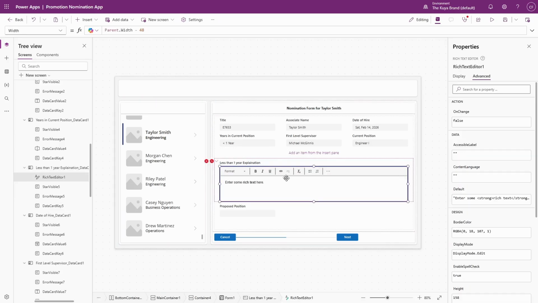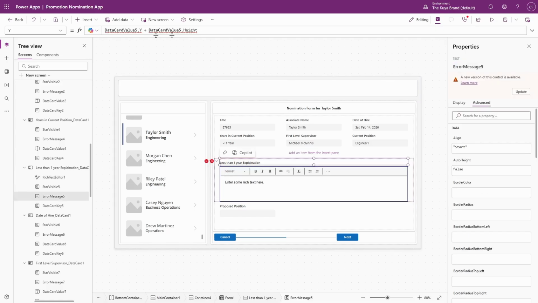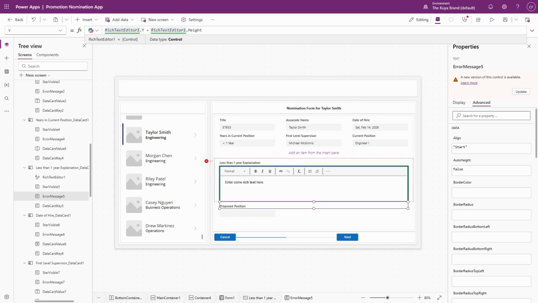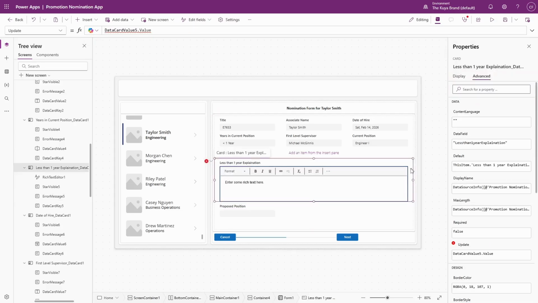Let's go ahead and fix those. This rich text editor, I'm going to snag the title of it. Come over to the first error. This is asking the y value, and so we will adjust the rich text editor.y plus the rich text editor 1.height. The second error is inside of this data card, the update is the value that it's actually updating to